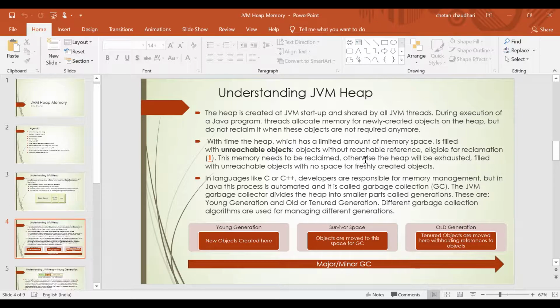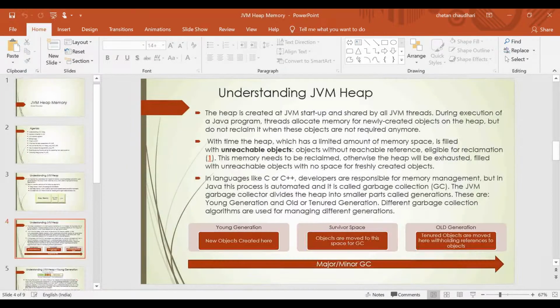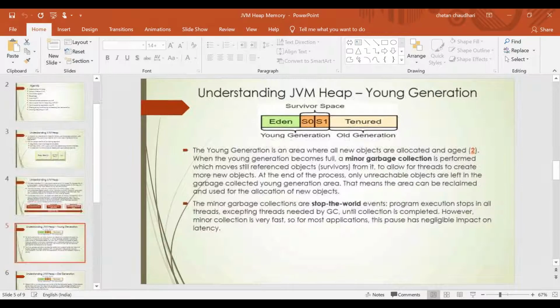Then we saw that heap is divided basically into two major parts. One is your younger generation, and the other is your older generation. In the younger generation, your objects get created, and the older generation gets objects promoted throughout the GC life cycles. If the objects survive, meaning they are still referenced in the application, they will get tenured, or we can say the objects get aged, and they are passed on to the subsequent spaces.